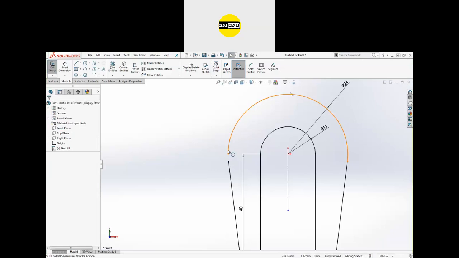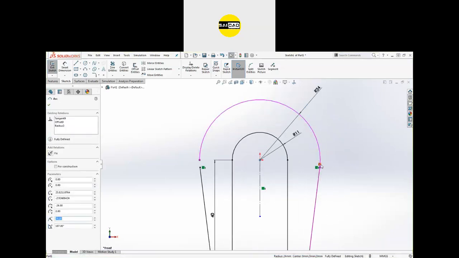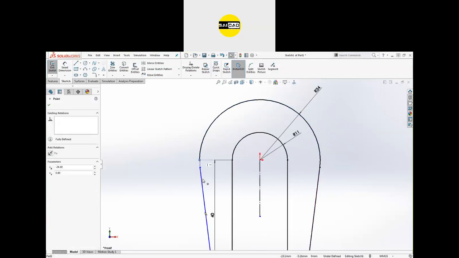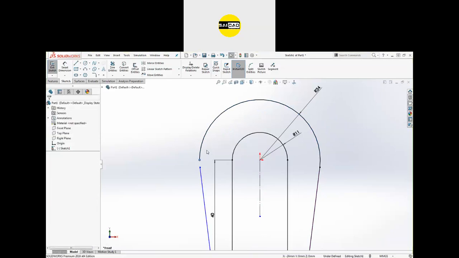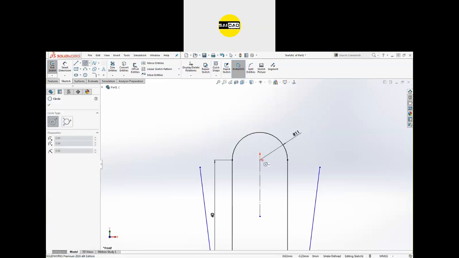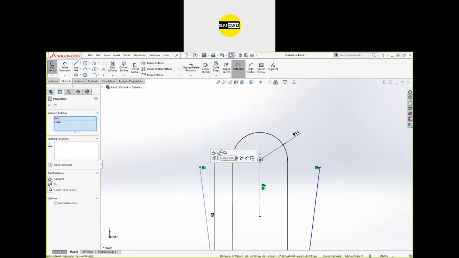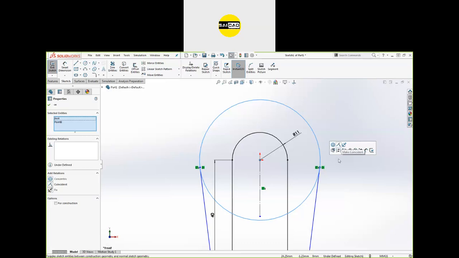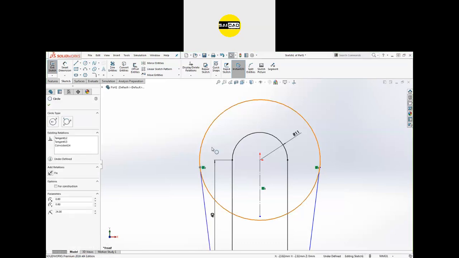Okay. So use this symmetrical option first and check. Okay, we are again facing the problem. So just going to delete the circle or you can create it like that. So let's choose to use the tangent. Here also the tangent. Here also the point and this one should be merged.